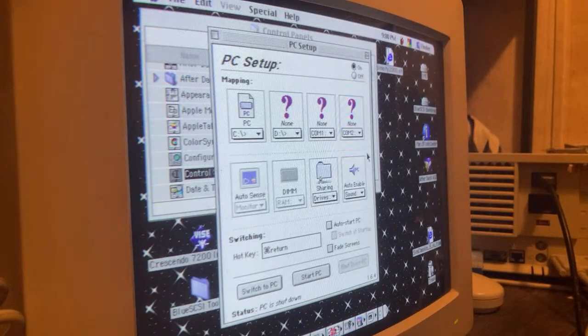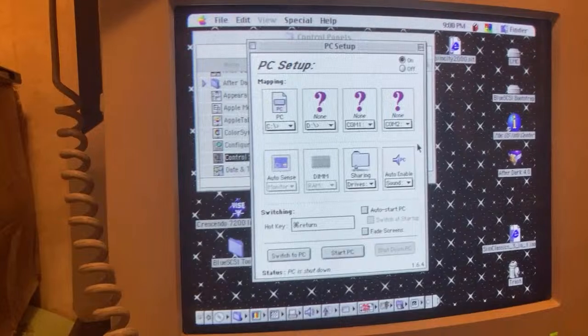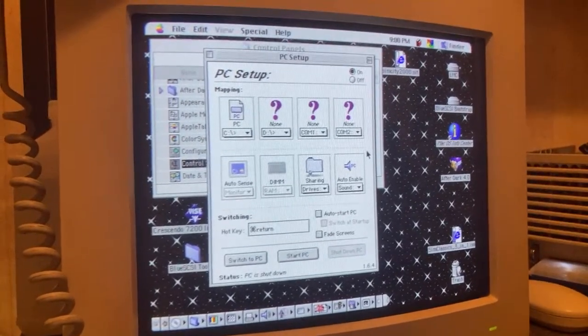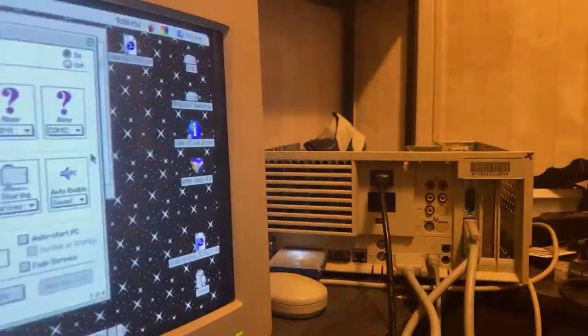Retro for Friday, January 31st, 2025. And in this episode of Friday Night Retro, what we're going to be doing is working with a 7-inch PC compatibility card in our Power Mac